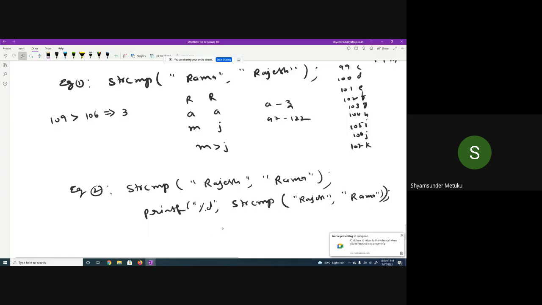Yeah, what she said is right. In this particular case, 106 is lesser than 109, isn't it?